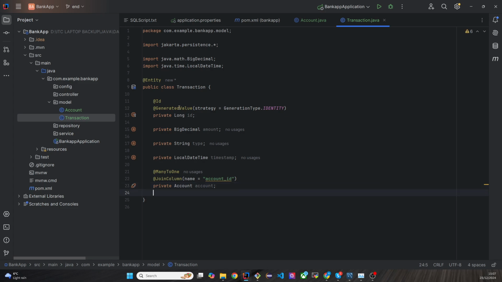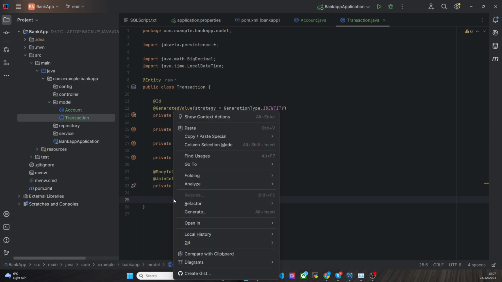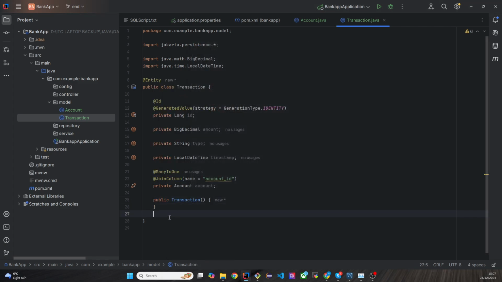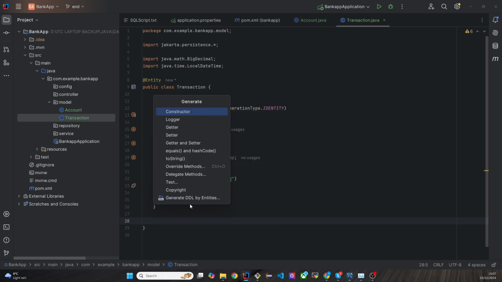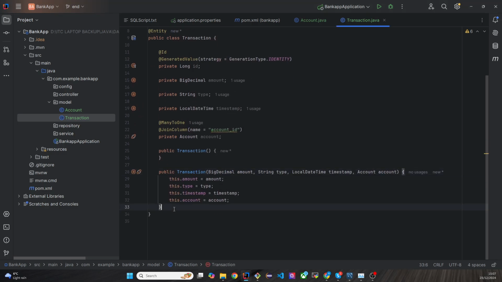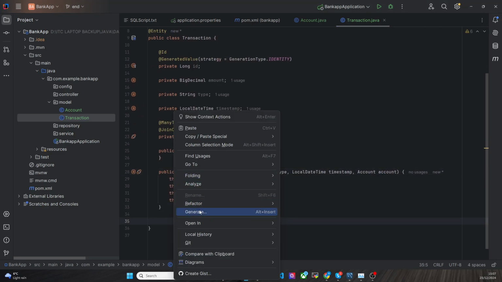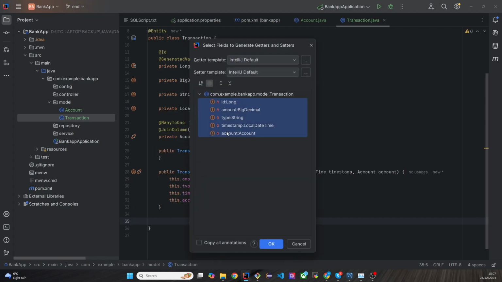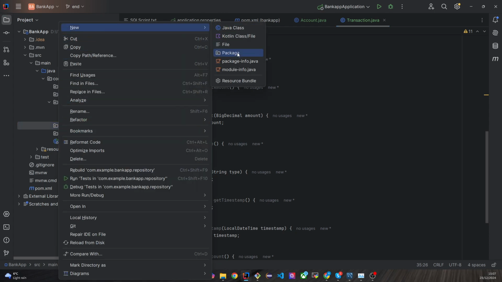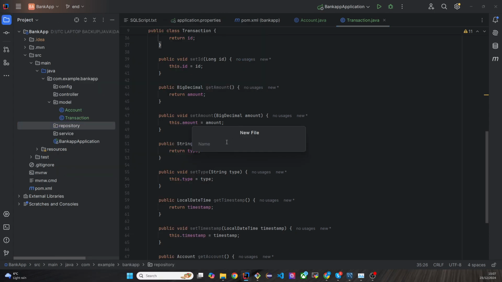And the next thing we will do is we'll create constructors. Select none and one for everything except ID. Then we'll also generate getters and setters for all the values. And now we'll code the repository layer. This will be account repository,